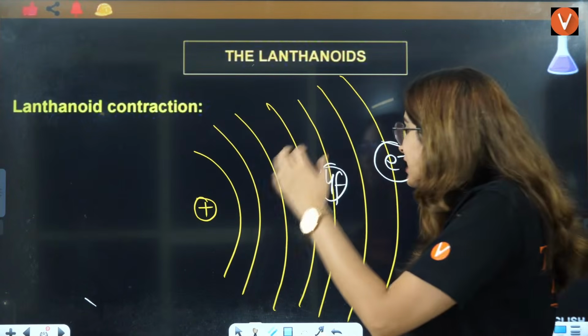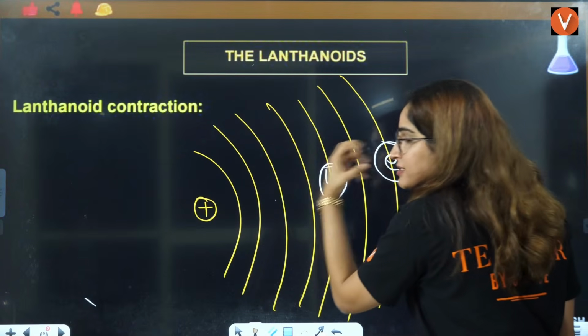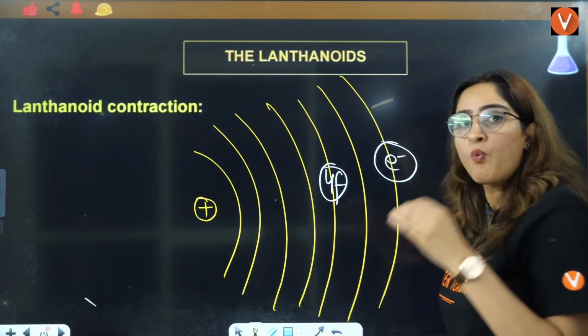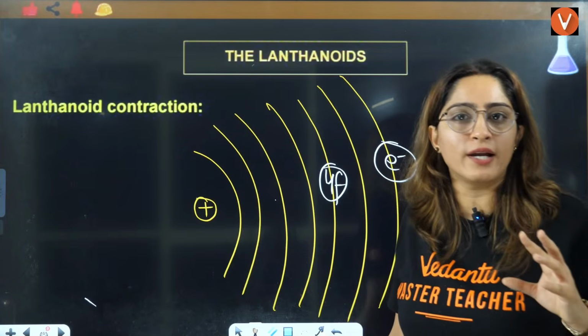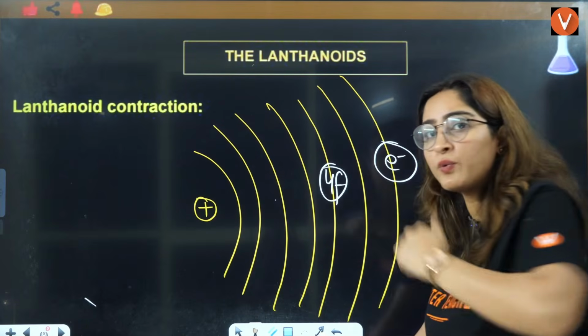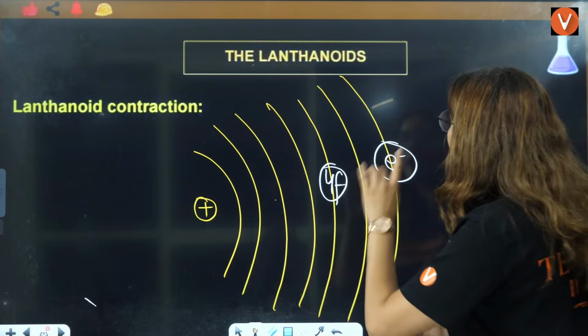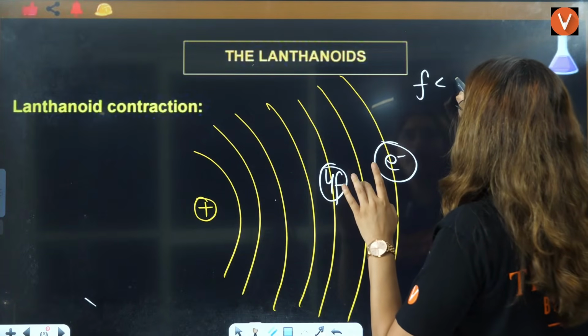If they are not able to protect the electron, then this electron will be attracted towards the nucleus, right? What is the duty of these inner core electrons? To protect the outermost electron from the nucleus, but they are not doing their duty properly, right? So the shielding effect of F, then P